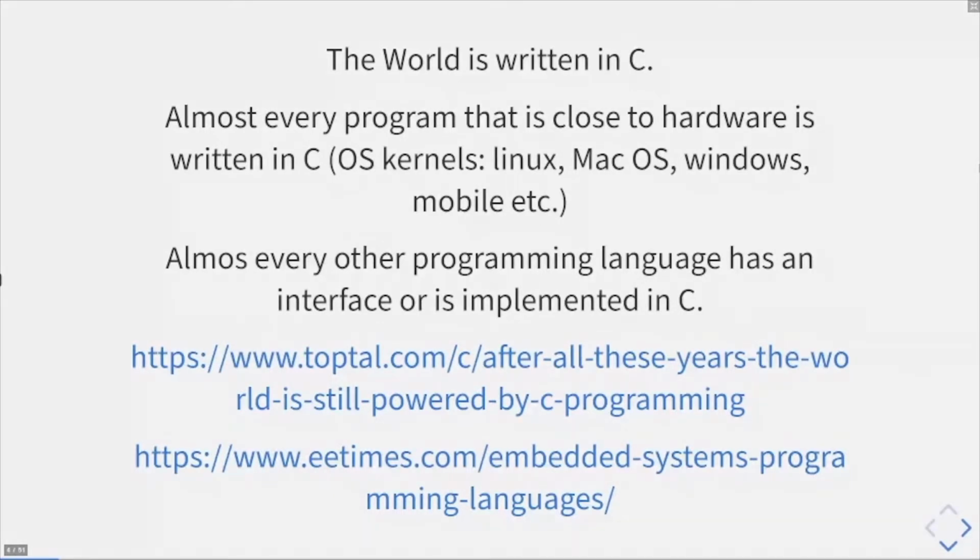And most higher level programming languages have at least an easy interface to a C program, or they are based or implemented in C. So, for example, the Java virtual machine is implemented in C, as are most of the operating systems for your devices. If you don't believe me, there are a few more links that you can read up on this,